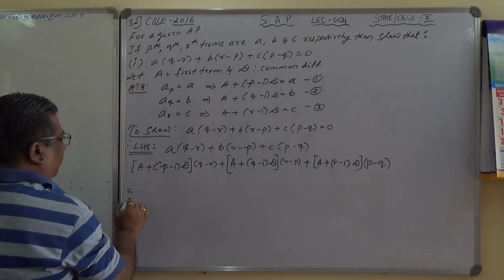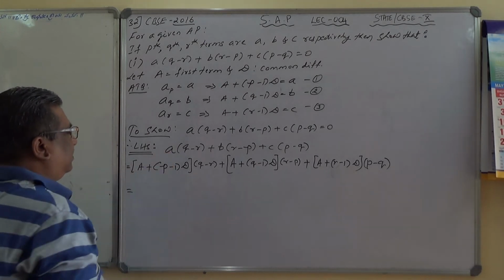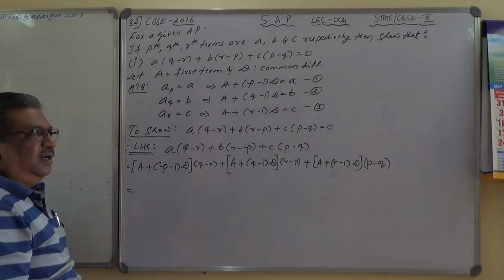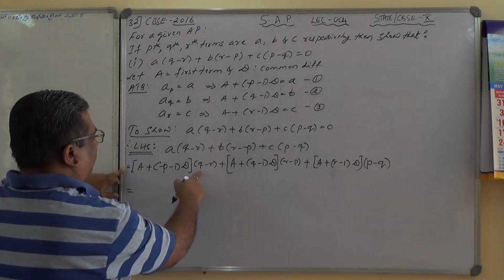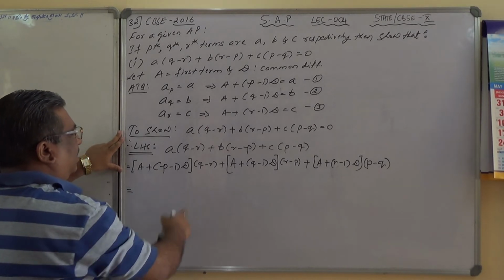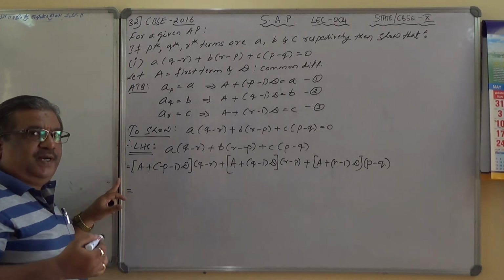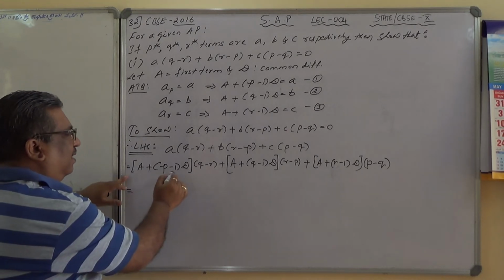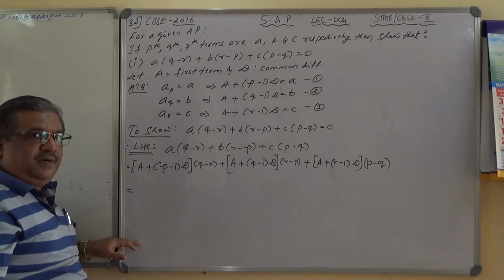Now, what is to be done? This is the equality sign, the LHS we have taken. Everywhere you have to open the bracket and simplify it. Let me check. A into, see here, individually I have to do over here. It is a big process over here, and therefore listen carefully to what I do. I will be doing it in one go. I will not be taking step by step because it will be a time consuming process. With A, I will multiply with these two. With p and D, I will multiply these two. With minus 1 into D, I will multiply with these two. Are you able to understand here?